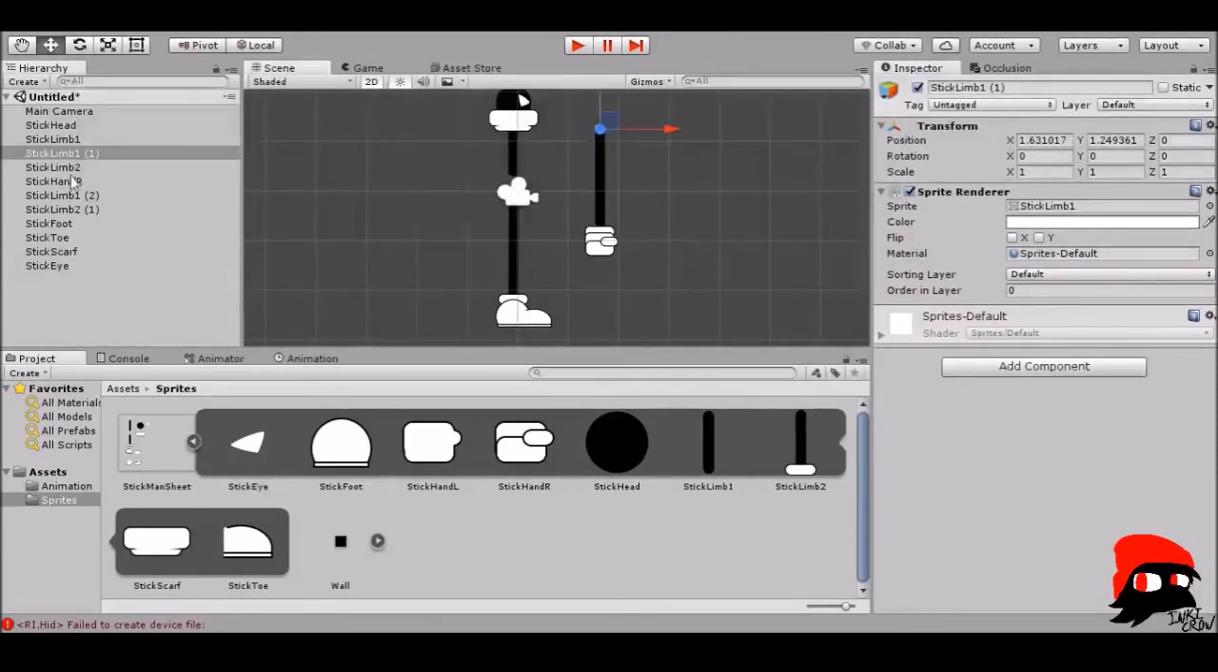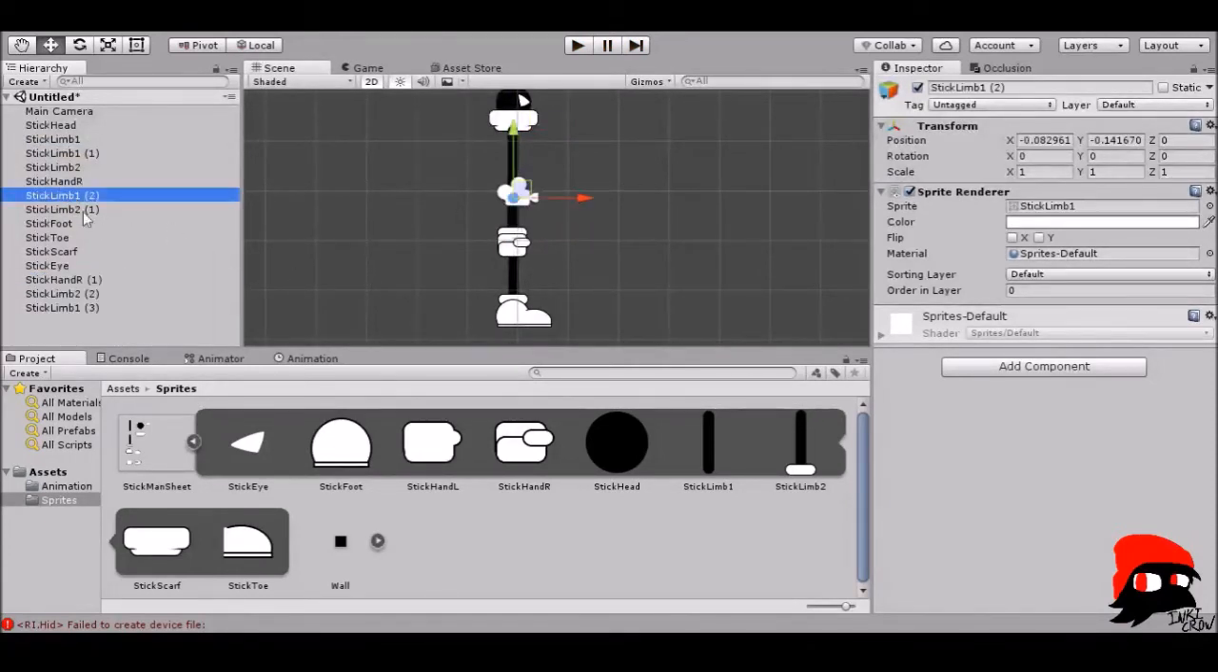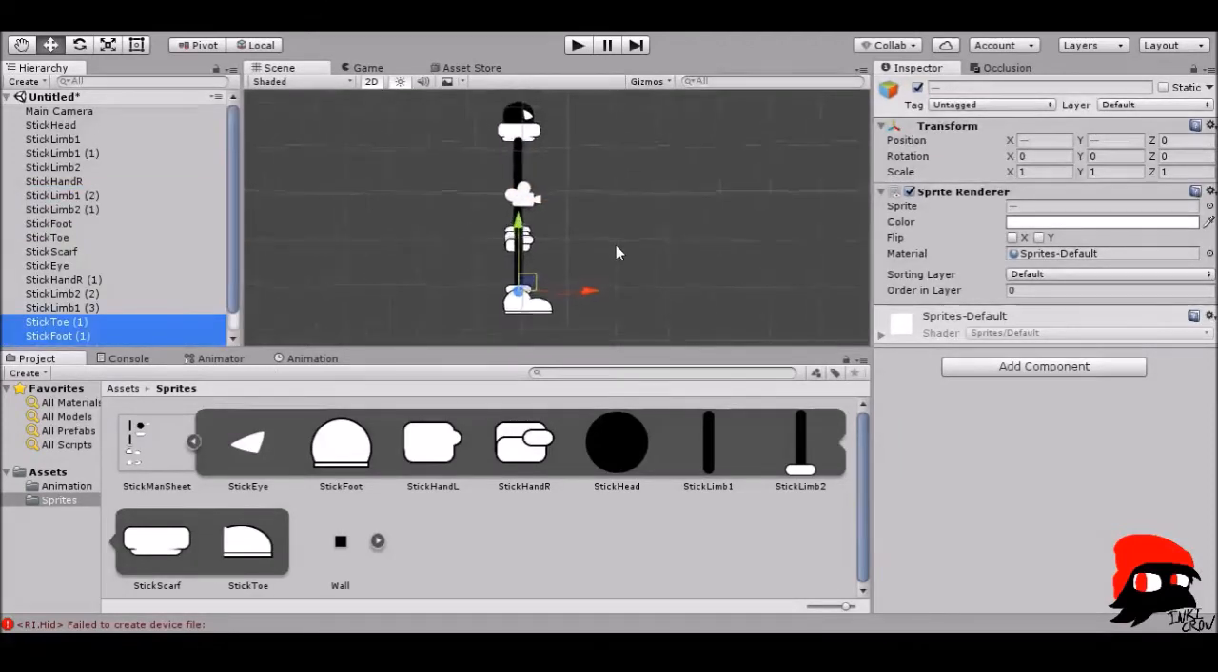Well, first off, we're gonna set these here and duplicate them for later use. Same thing goes for the leg. You take the leg parts and you duplicate them for later use. Okay,